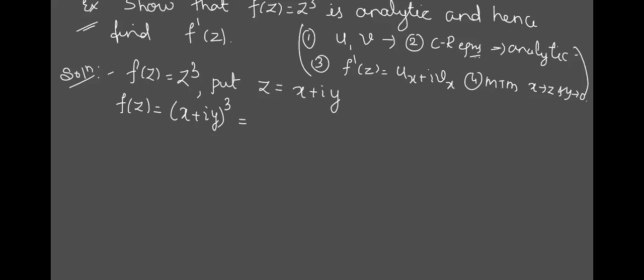Now I want u plus iv. Can I write what is u and what is v here if I keep it in this format? No, ma'am. Surely no, right? Because to express that, you should have only one bracket not containing i and one containing i. That's why we have to simplify. Can you tell now how can I do it?